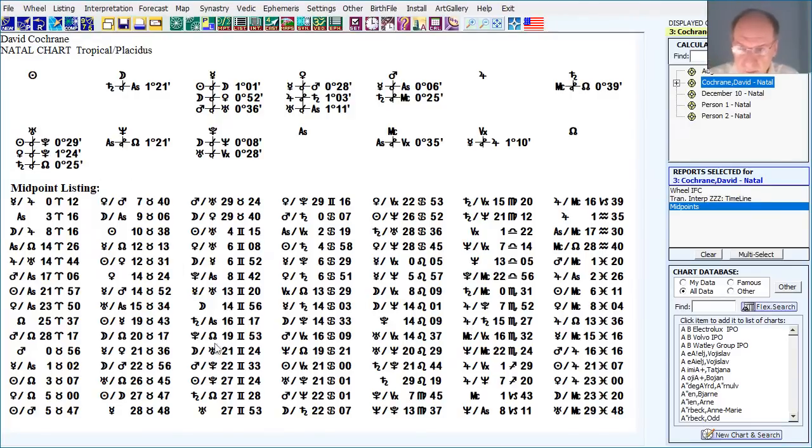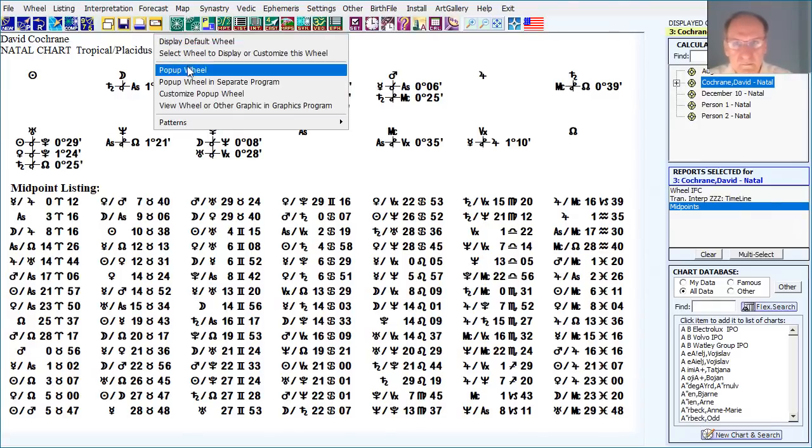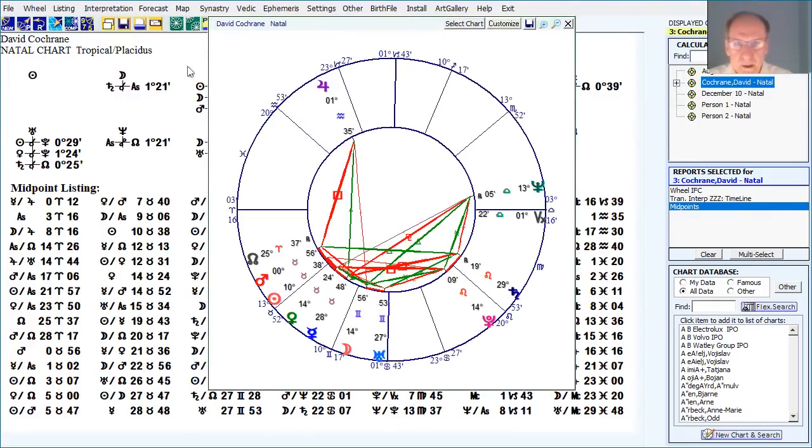So here's the list: Taurus, Gemini, Cancer, 28 Cancer 45. I love when things work. So there it is. The Venus-Neptune midpoint is at 28 Cancer 45. If you look at a chart wheel, let's just pull up a pop-up wheel.